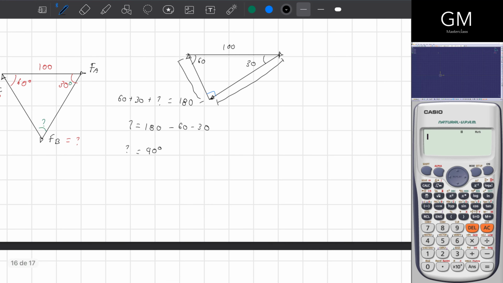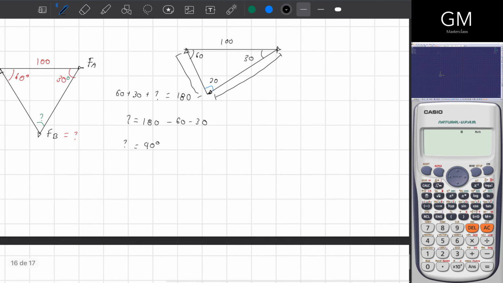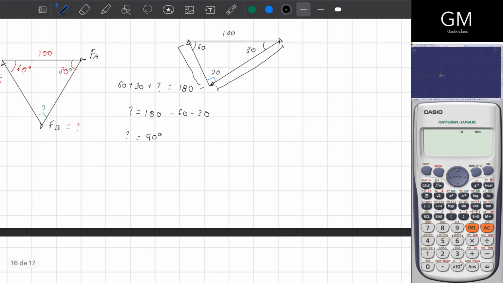Okay, what I'm going to do is create a law using the sines of the angles. How can I do this? Because I can create a correlation between the magnitude that I require and the angle that it's in front of. In this case, 100 with 30, this magnitude with this 60, and this magnitude with this 30. That means